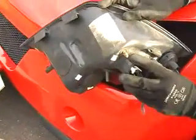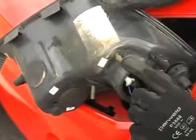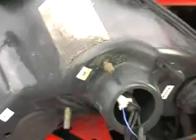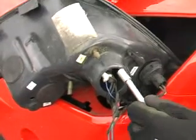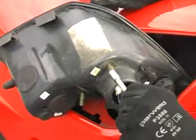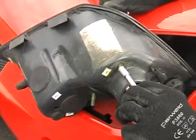Here you will see an adjustment nut. Now that is an 8mm nut, and it's very simply adjusted. You might find yours is stiff. Some people do say it's stiff, so do use, well, I don't know what you would use because it's attached to something there, but basically an 8mm socket, and you can put it over the top and turn it by hand,